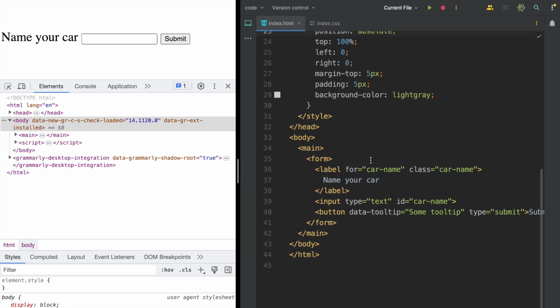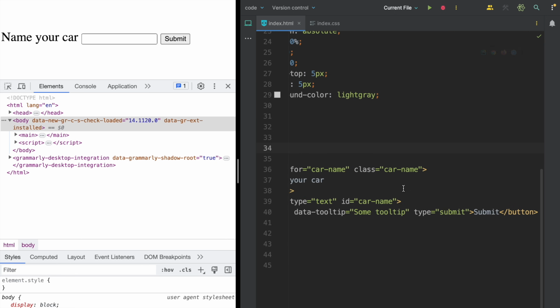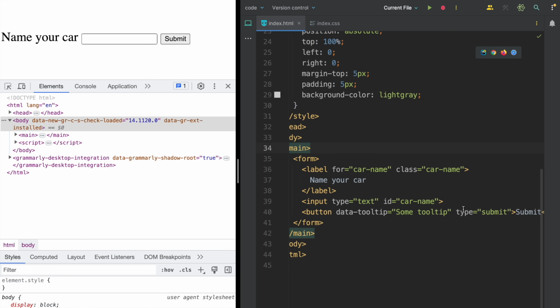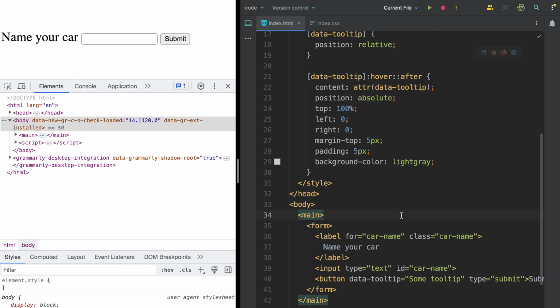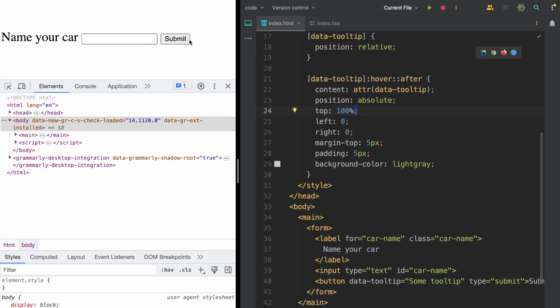For example, you may receive data from the server, such as some text for a button and additional information with an explanation of what it is, place it into the tooltip, and then just read it in styles